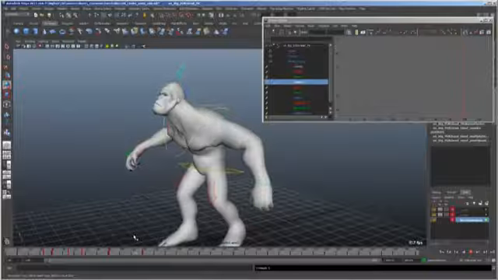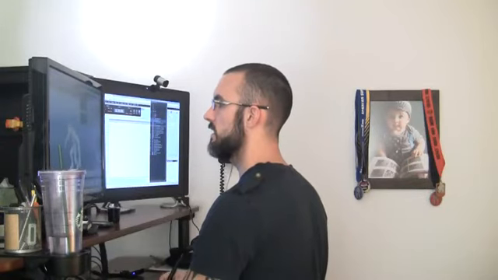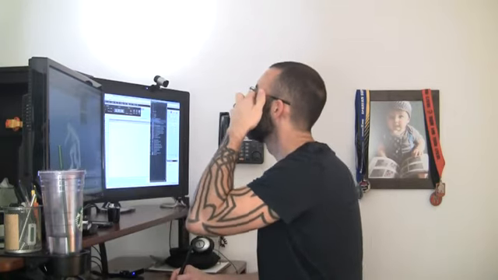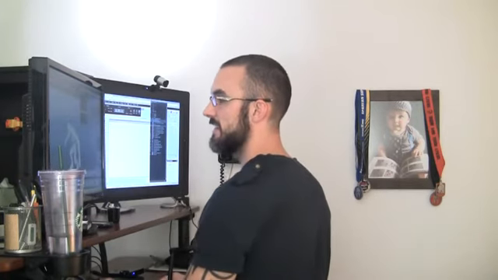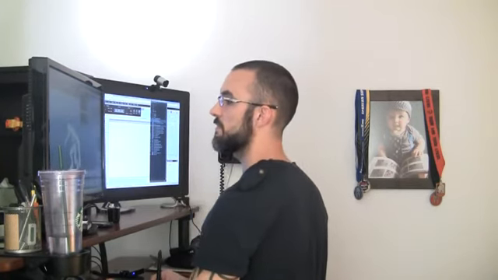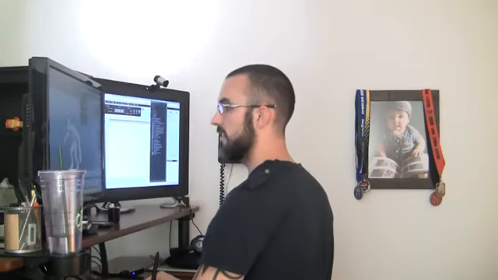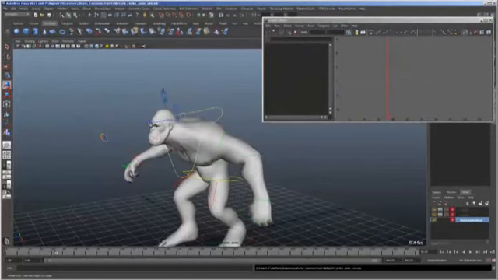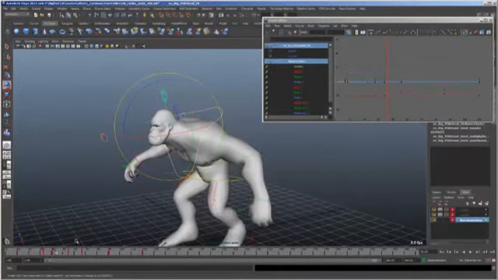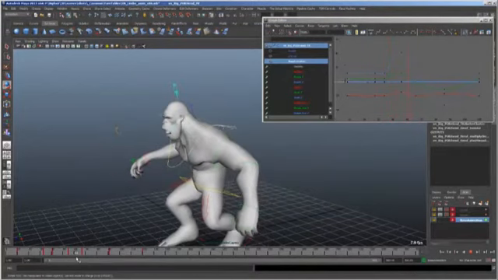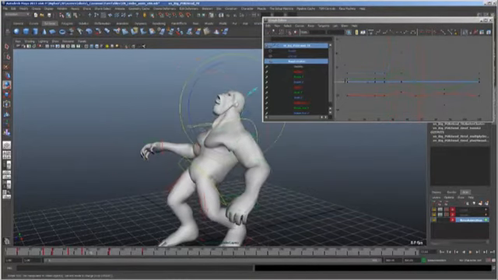I might actually put a little bit of shake on the head. I'm debating doing it on an animation layer just because it won't screw up the rotations on here. In fact, let me save it and then try that. Don't be afraid to experiment. You're watching me create this scene in front of your eyes right now, so I don't know what's going to happen. I don't know if mine is going to crash and destroy my file, so